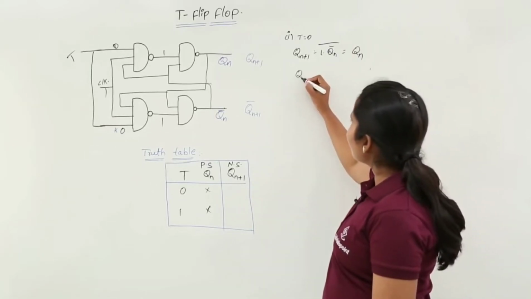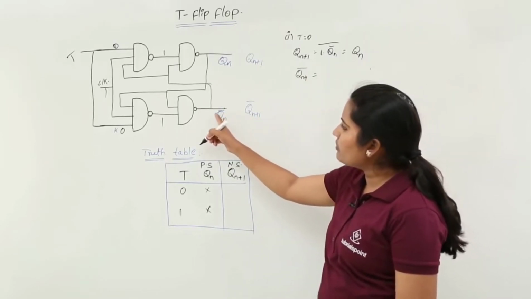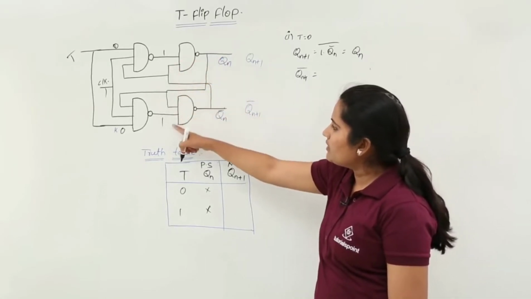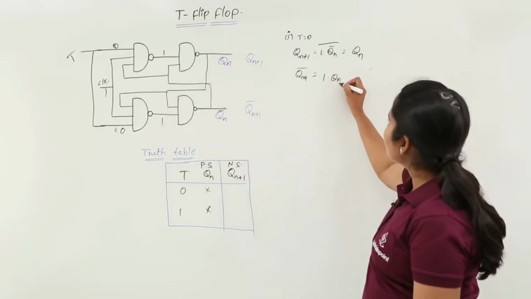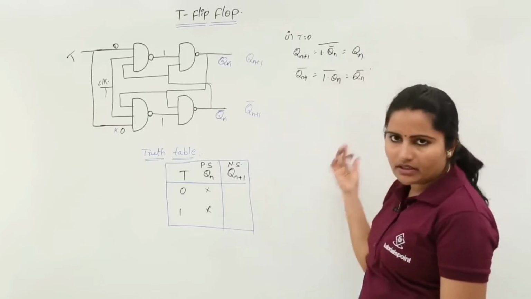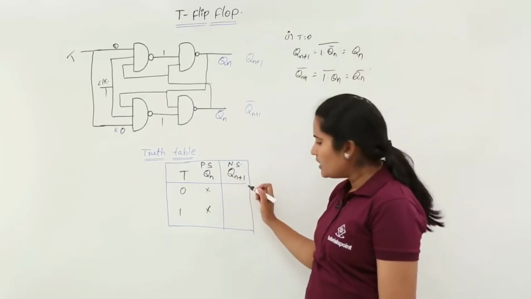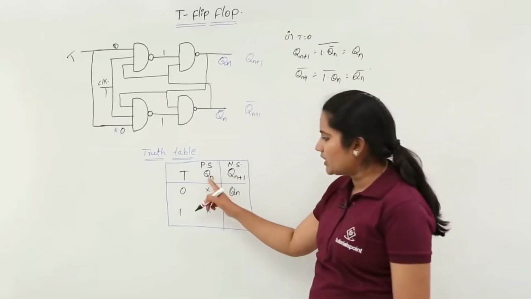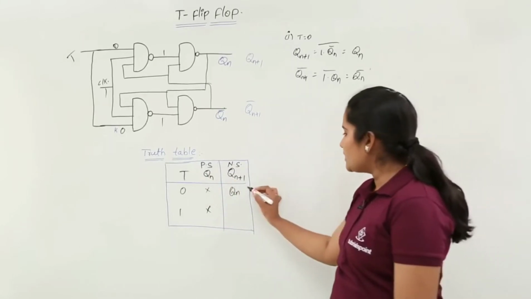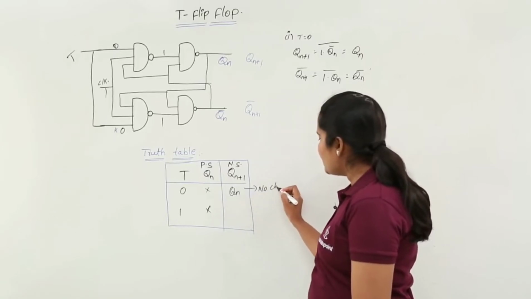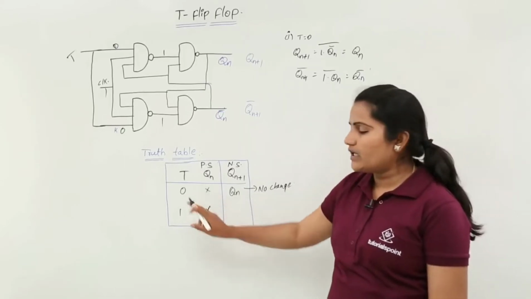So I am checking my complement port, Qn plus 1 whole bar is equivalent to this port. For this you need to propagate through this gate. Here the other input is 1 into Qn whole bar. Here you are getting Qn bar, and here also you are not getting any value. That is why whatever value you got here, you can take here itself. So Qn I am taking. That means whatever Qn is there, whatever present state is there, the next state is also the same. This is called the no change condition of T flip flop. The no change condition in T flip flop occurs when T equal to 0.